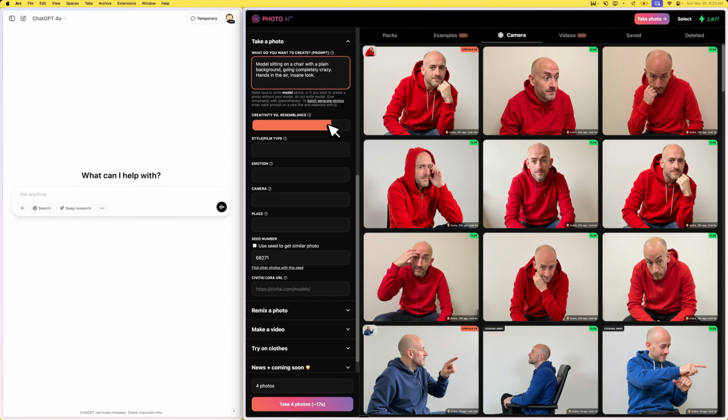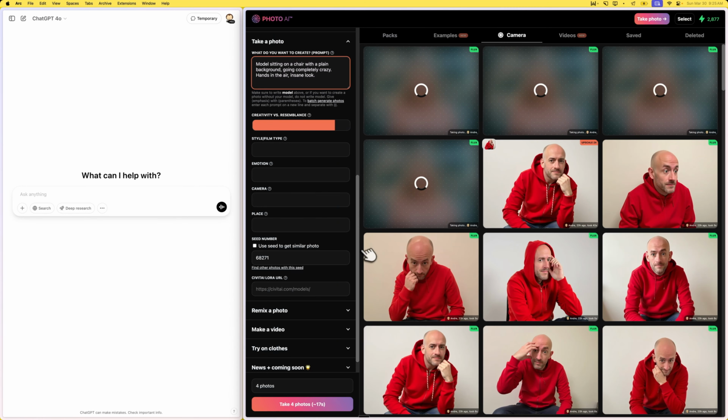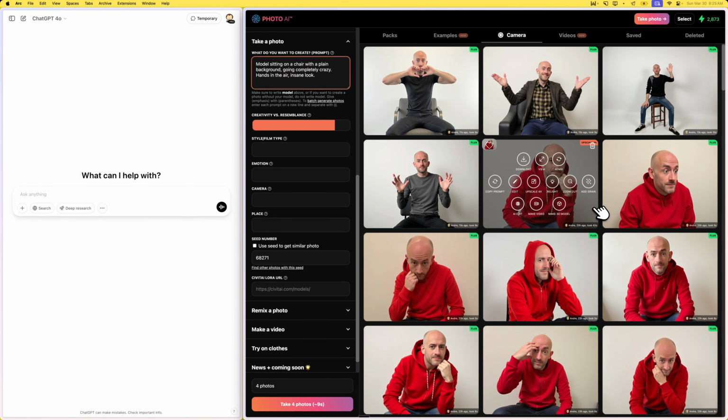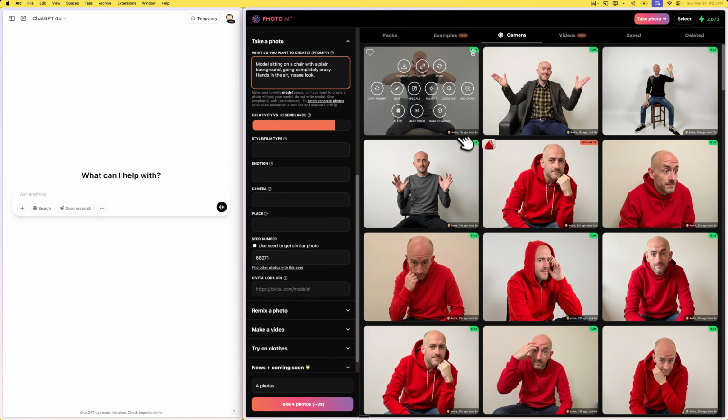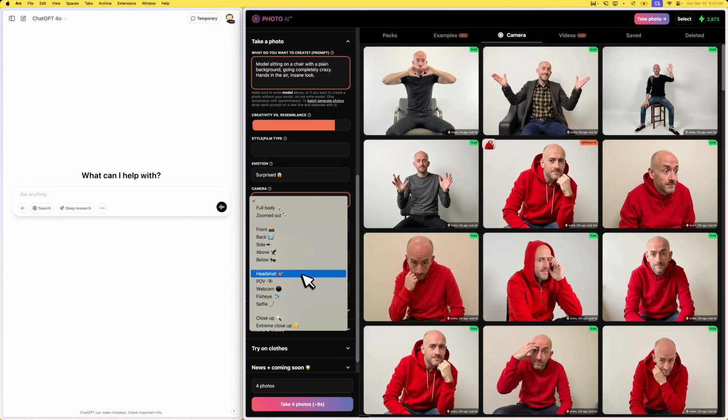Now let's see, let's have a high resemblance and let's generate a couple of images. So generally it takes me a few goes to find something that is both what I'm looking for and that still looks like me. As you can see, most of these have quite a good recognition, and this is not really what I'm looking for, so it's a little bit too standard. There's actually some emotional type, I think maybe surprised or something like that,